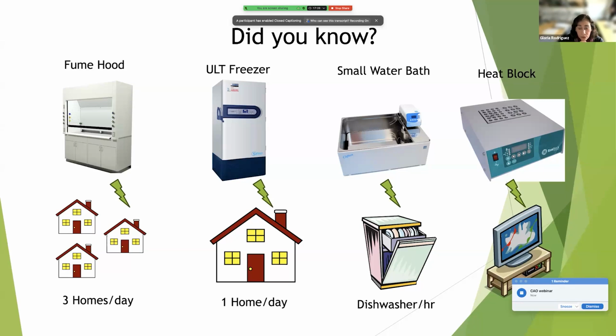Ultra low temperature freezers are also big consumers of energy, equivalent to one average home per day. And we'll talk more about freezers in a moment. But